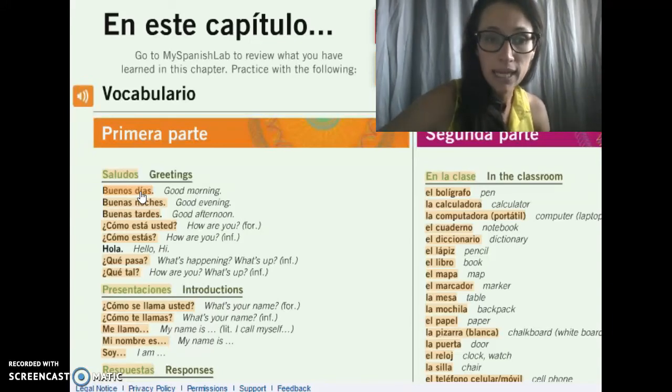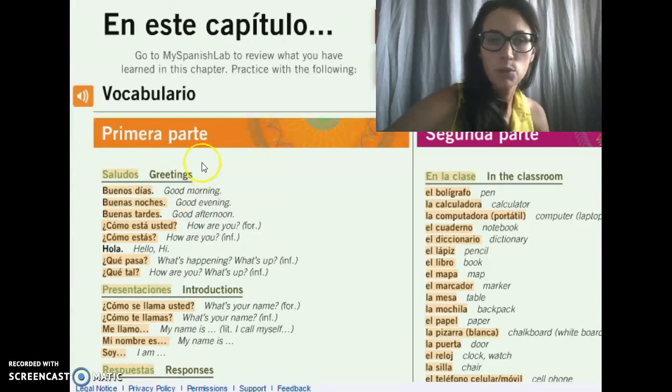If you're using the e-text, remember that anything that's highlighted like this, that means there's audio for it. Oh, my computer. Buenos días. There we go. So there's audio that if you're not recording a video, it'll probably play a little bit faster than that. But so you can always listen to the vocabulary as you review it. So that's I think a helpful tool as well.